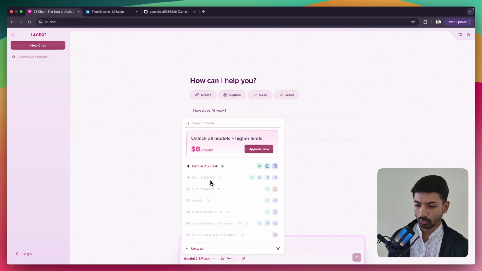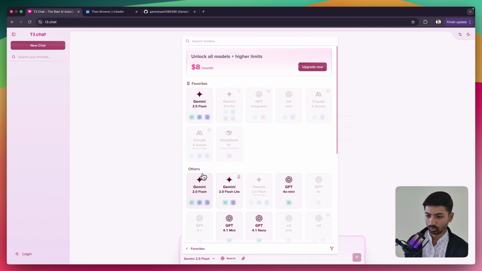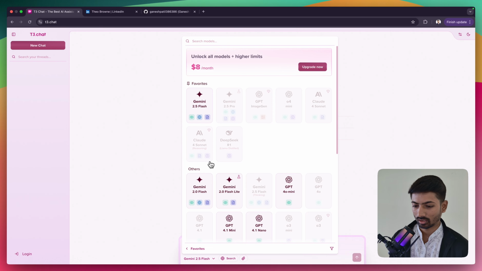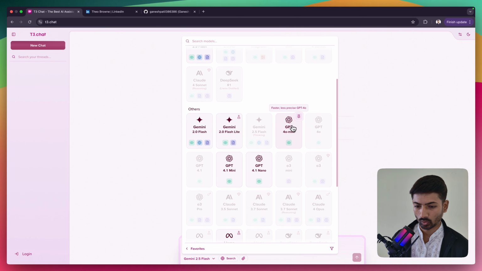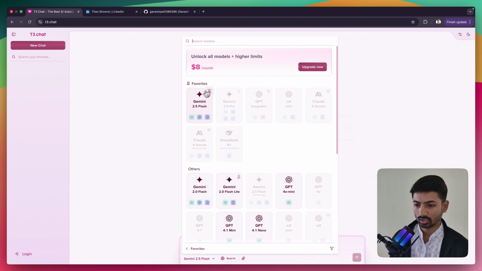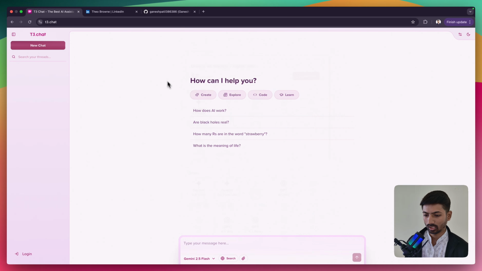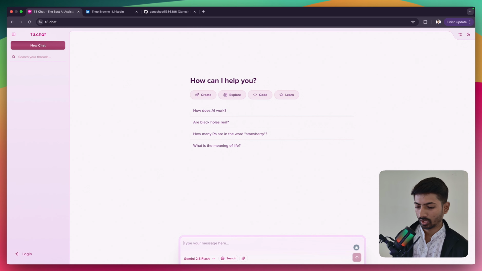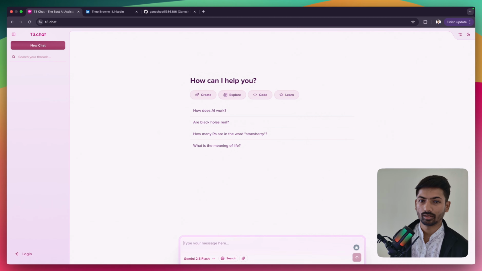So it's up to you. Here are the different models which you can use, like Gemini 2.0 Flash, Gemini 2.0, GPT 4.0 Mini, and you can select the different models. I will just keep the default, Gemini. I'm okay with that. And if you want to search anything, or if you want to write a blog on a particular thing, just say,